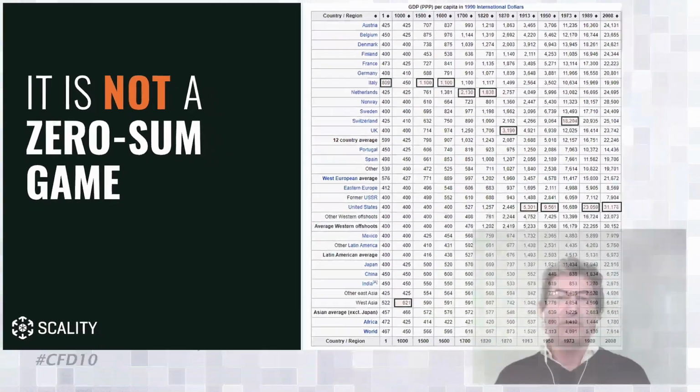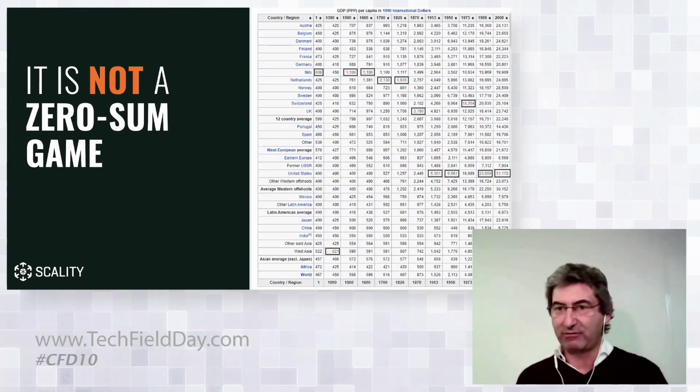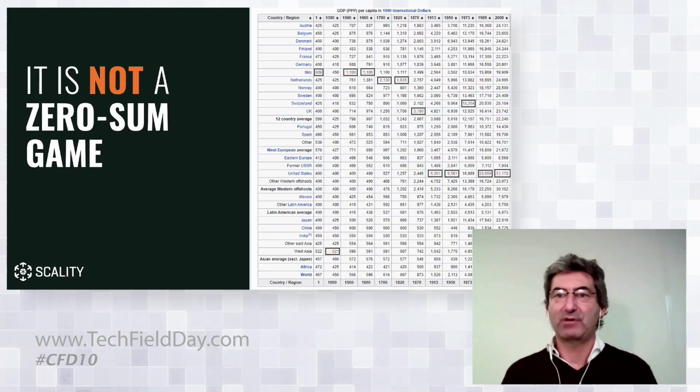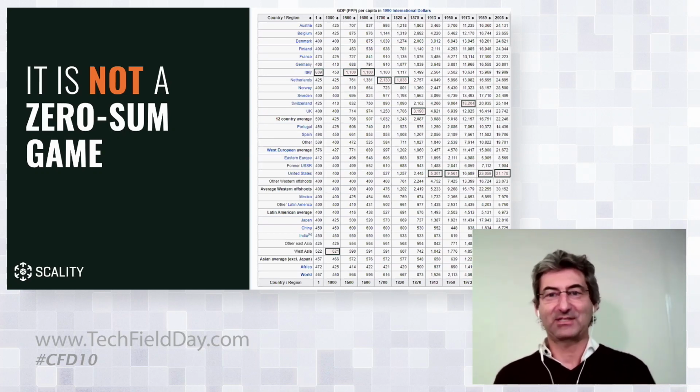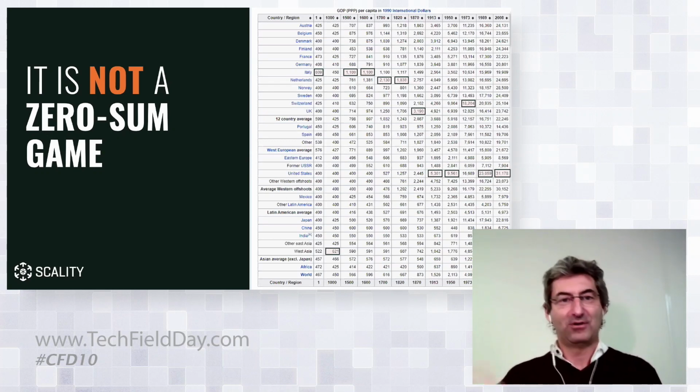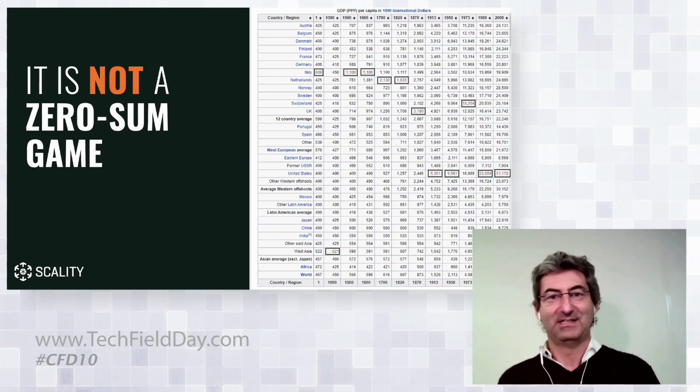This is obviously a very crude representation of richness, because one thing is to have money. The other question is how much can money buy you? If any one of you lives in the San Francisco Bay Area, you know that $1 is not worth the same thing whether you live in San Francisco or in Montana. Or I should say $1 million doesn't buy you the same house: in San Francisco, you can maybe have a 2-bedroom apartment, or in Montana, you can have 10 acres and really play outside. So it's obviously crude, but still it's interesting to see that GDP per capita over time has been migrating